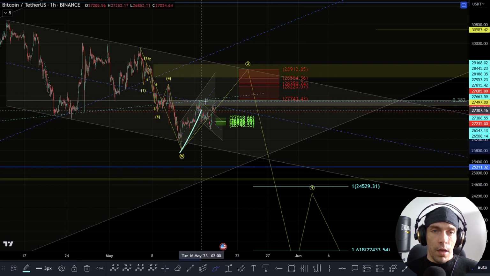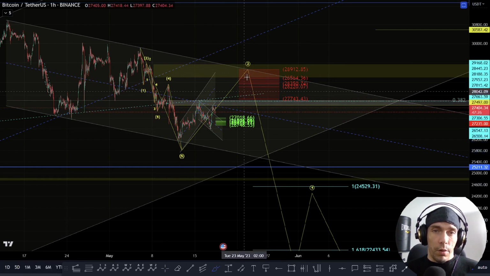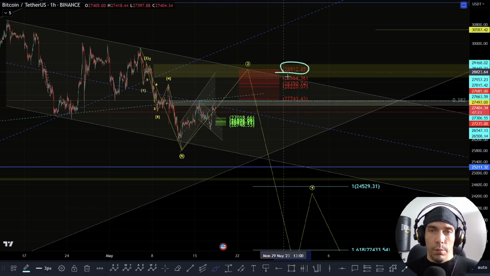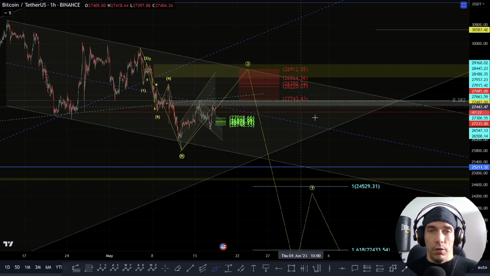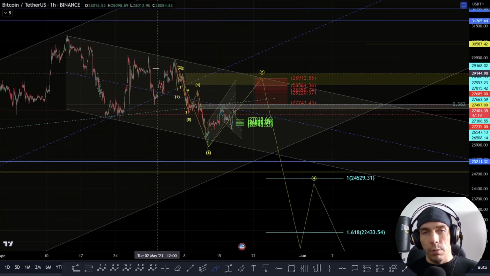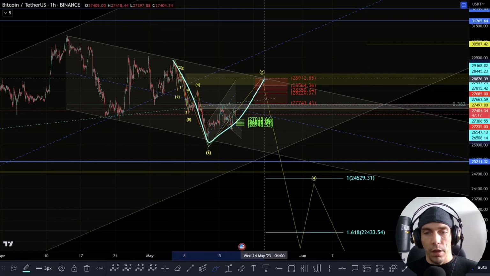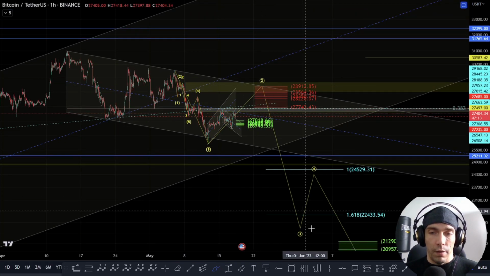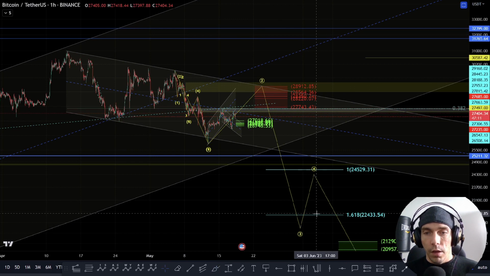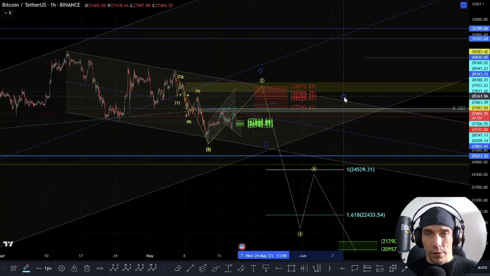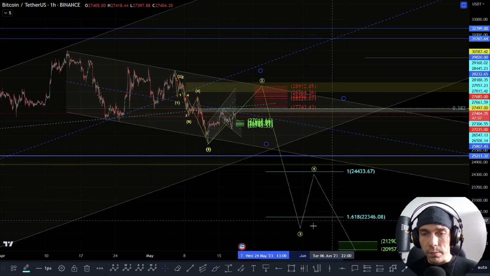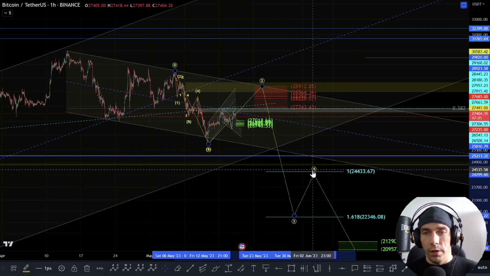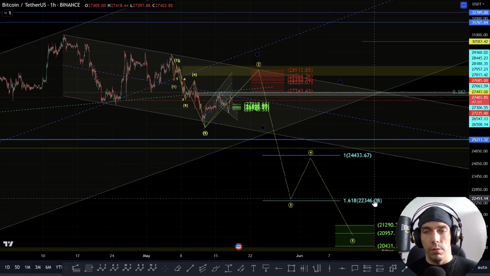So if this is A, B, C, and we form the corrective move to the upside, if we fail to break above this zone of this 28,912, we need to be cautious of the fact that we could actually still see this develop as a bigger impulsive structure to the downside, where this becomes a wave 1 and 2, and then we look for a deeper wave 3. So given a 0.618 retracement here, that wave 3 target would actually be here towards this zone of this